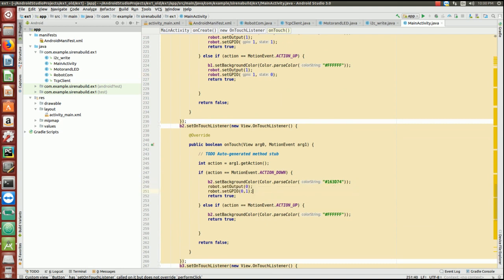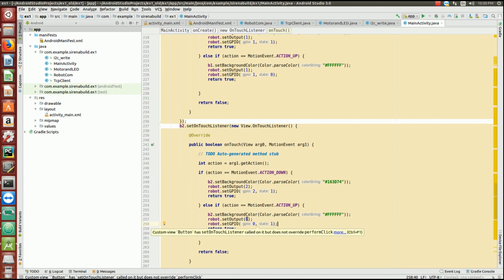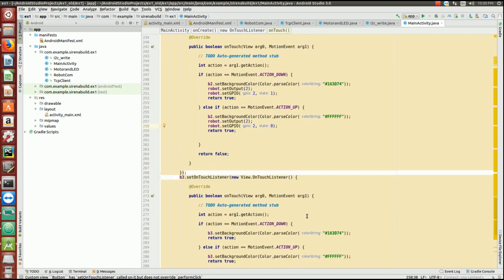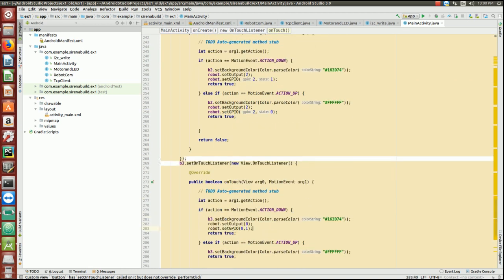For here it's GPIO 2, state 0, and finally GPIO 3,